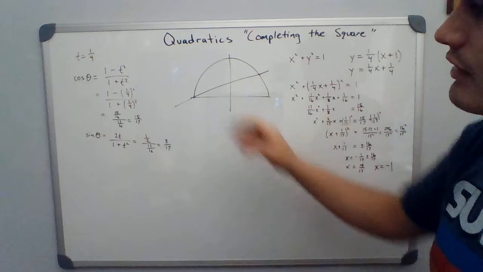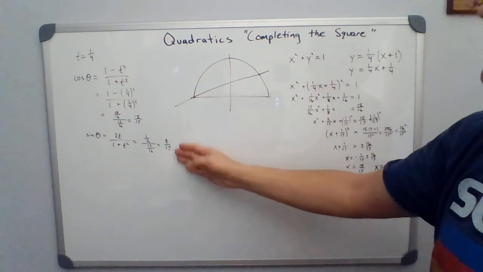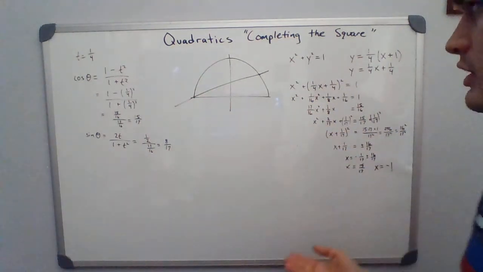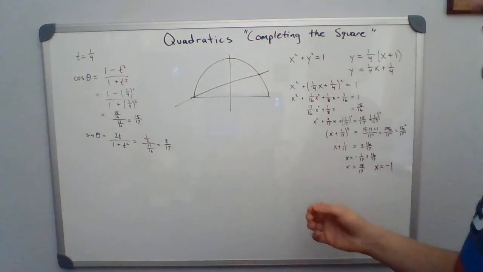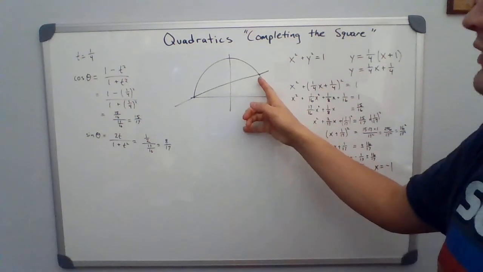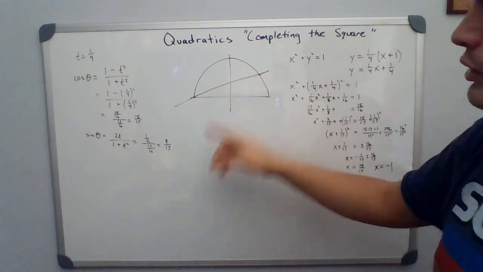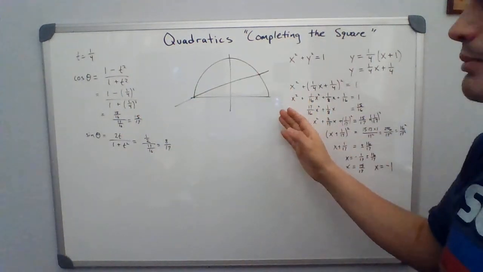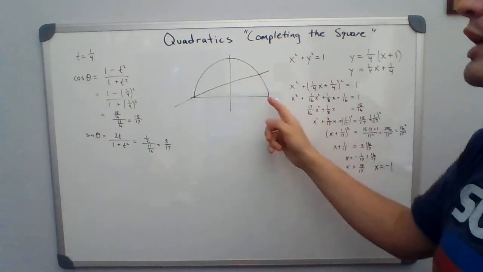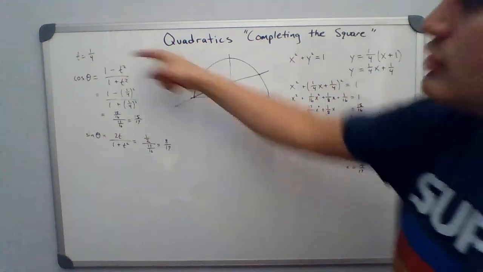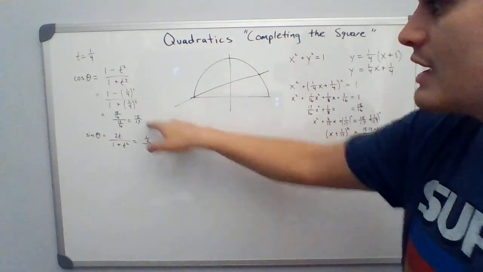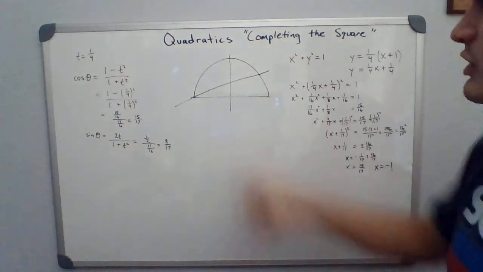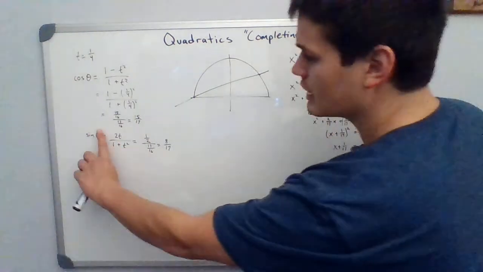And then this side over here, this is kind of a glimpse into what I'm going to do with this completing the square later. It's going to be the intersection of a line and a circle, but we're going to have the parameter t be variable so that we can choose t to be what we want. And as you're going to see, if we choose t to be a rational number, we're going to get rational numbers out for sine and cosine here,